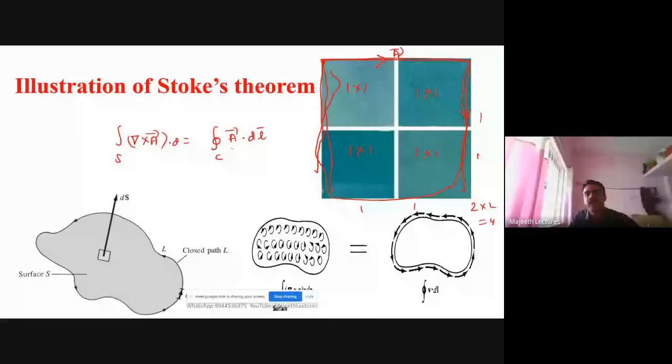I can find the answer to this question in a different way also. How? The area is 4. Otherwise I can say, what is this area? This area is 1 by 1, 1. This closed area, 1 by 1, 1. This closed area, 1 by 1, 1. This closed area, 1 by 1, 1. If I add all the closed areas, 1 plus 1 is 2, 3, 4. You see here I rotated. When I rotate, these 2 will be cancelled, and I get this area. When I rotated here, these 2 will be cancelled, and I get this area.